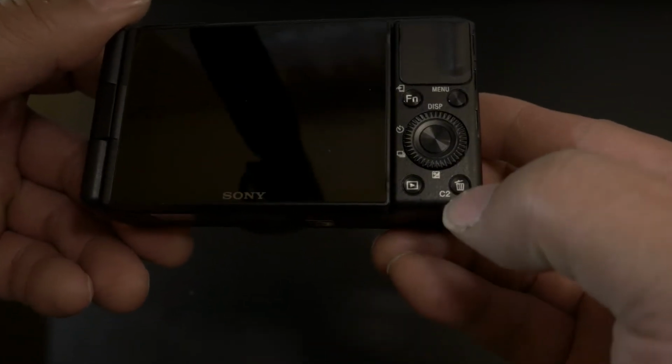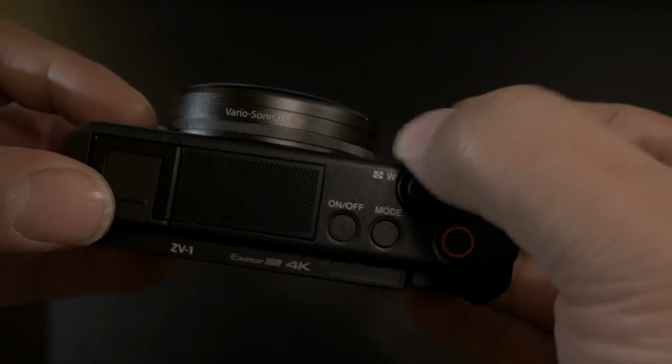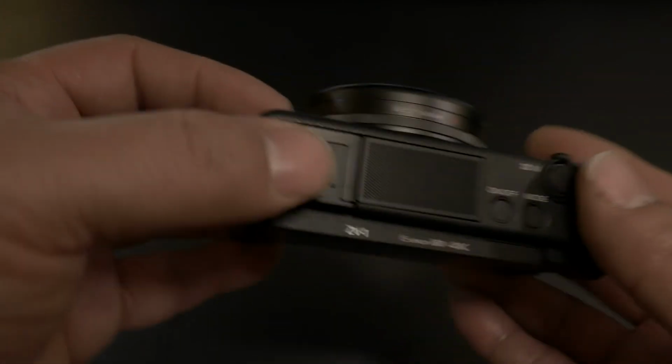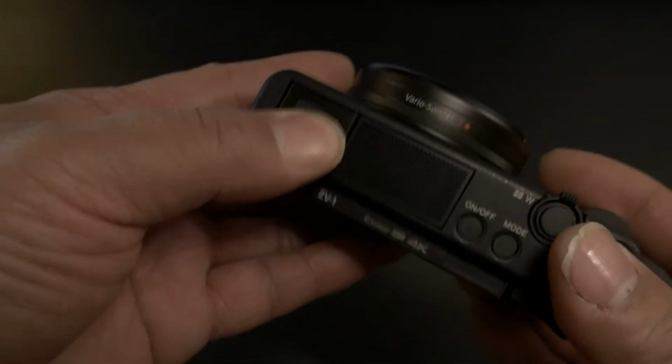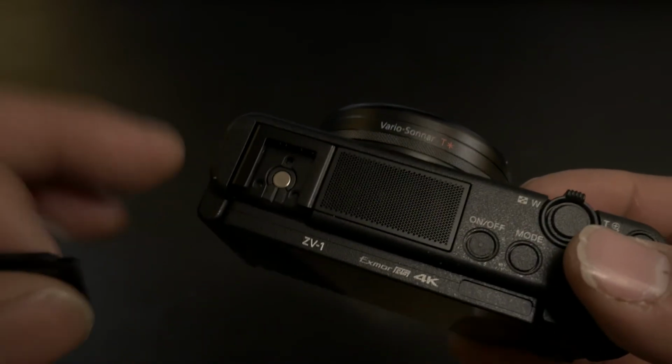It's obviously your trash, but I guess that's a custom button that you can also use right there. That's obviously to zoom in and zoom out when you want to do some focus on whatever you're doing. That's obviously going to be the mic. This is your hot shoe right here, which is kind of cool, because on most Sony cameras, at least the